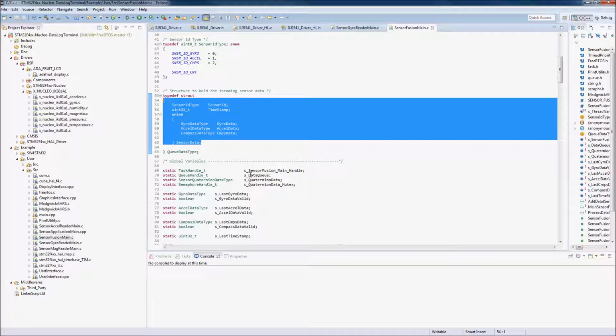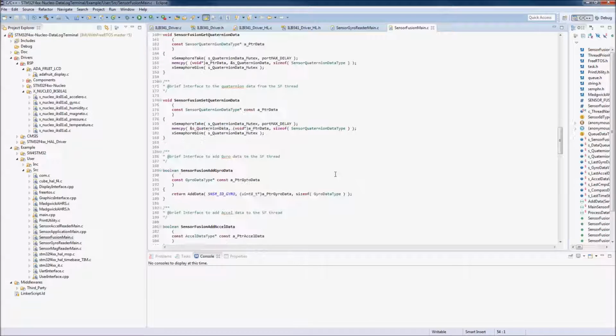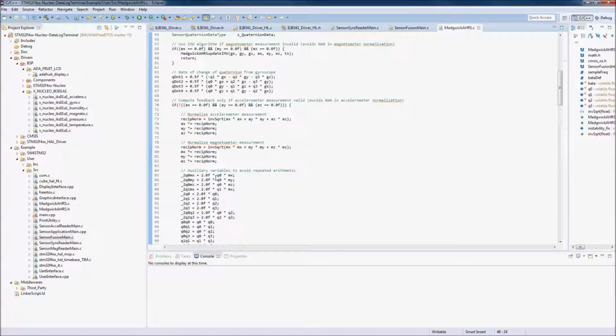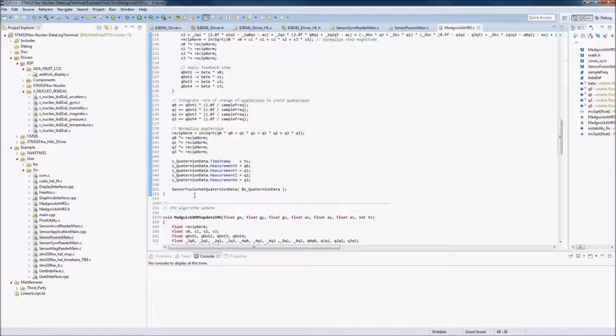So whenever the reader thread, let us say the gyro reader thread, would call the add gyro data API, it would timestamp that incoming data along with assigning it an ID, like in this case the gyro ID, and then add it to the queue. The sensor fusion main, on the other hand, would get that data off the queue, and once it thinks it has valid accel, gyro, and mag data, it would give it to the Madgwick AHRS update API. Internally, the Madgwick AHRS update API would compute the